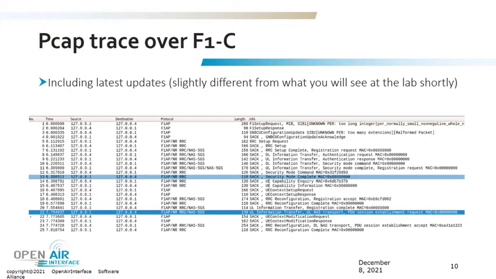Just to give you also the pickup trace over the F1C protocol that shows all the types of the exchanges that lead to the setup of the F1C connection between the CU-DU, initially with this exchange of setup request, response, and configuration update messages. Then you have a bunch of downlink and uplink RRC message transfer messages, as I described before, which are included in F1AP container messages